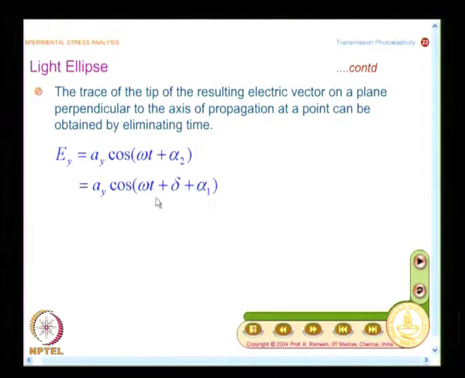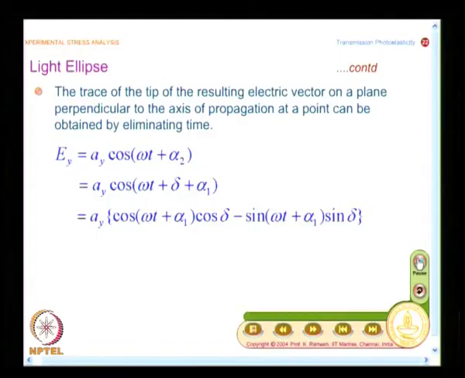cos(A plus B). So, I can have this as cos(omega t plus alpha 1 plus delta). I can take omega t plus alpha 1 as A and delta as B. So, cos(A plus B) you will get as cos A cos B minus sin A sin B. When I do that, I get this expression: A y times cos(omega t plus alpha 1) cos delta minus sin(omega t plus alpha 1) sin delta,